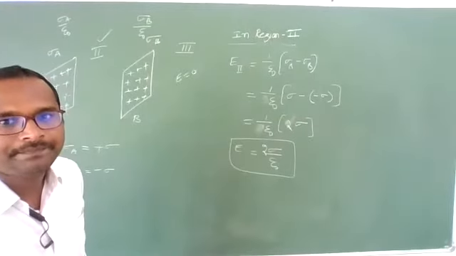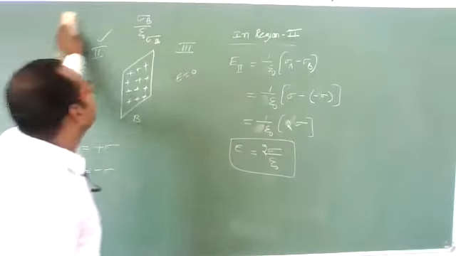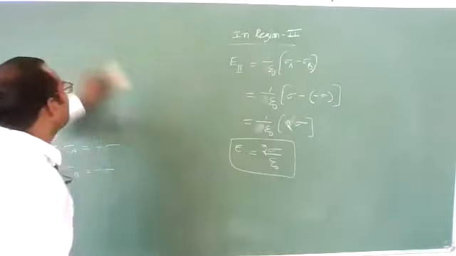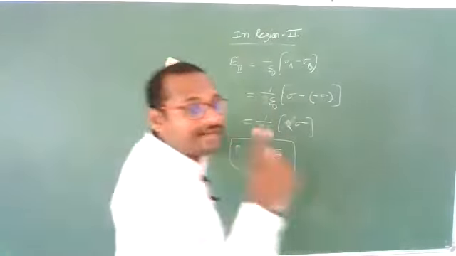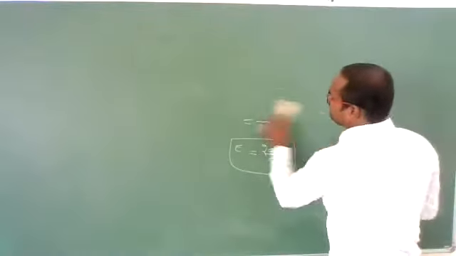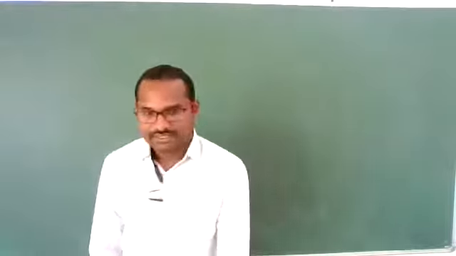So this is about when two sheets are separated by some distance, what will be the electric field in the middle region, left region and right region. You need to remember these values. One more time, we will get the same derivation in the capacitors chapter, the next chapter. Okay, now let us take the next one.